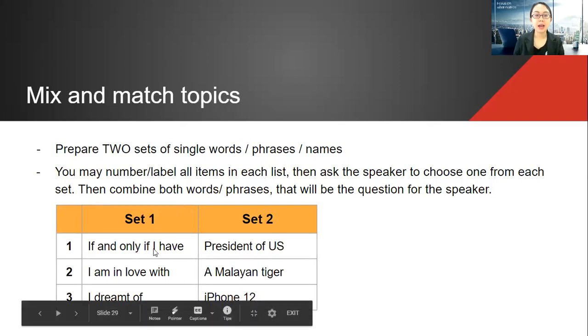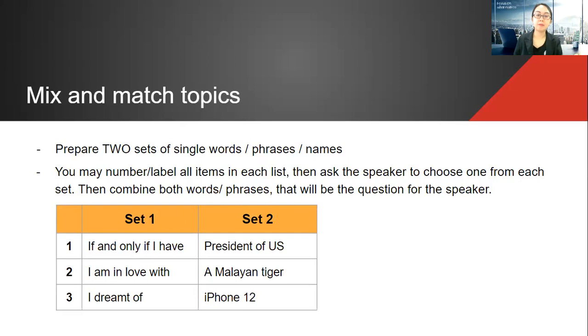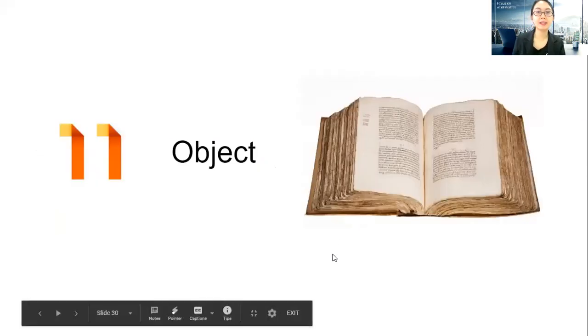So for example, I'm the speaker, so I pick number 1 from the first set, and then I pick number 3 from the second set. So my question would be, if and only if I have iPhone 12. Yeah, so that is mix and match. And you can be creative. Sometimes you want to put a person's name or whatever it is. Sometimes it will be very fun and creative. Up to you. And sometimes I even heard people using set 3 as well. And that will be quite long. So just be careful of this because sometimes you don't want to explain things too much and that will delay your entire session. All right, the second last idea is to